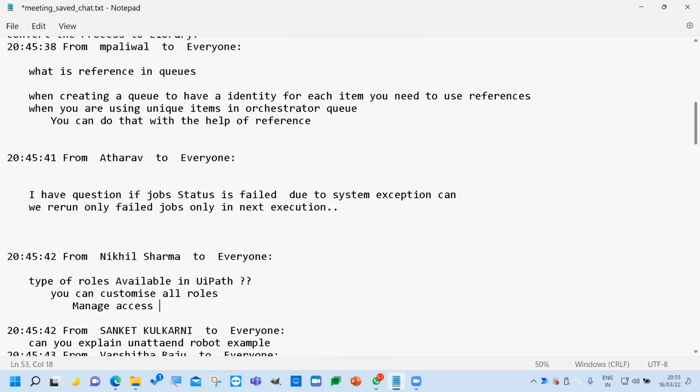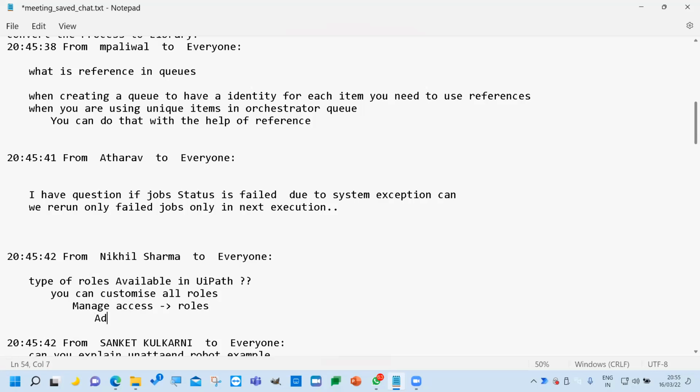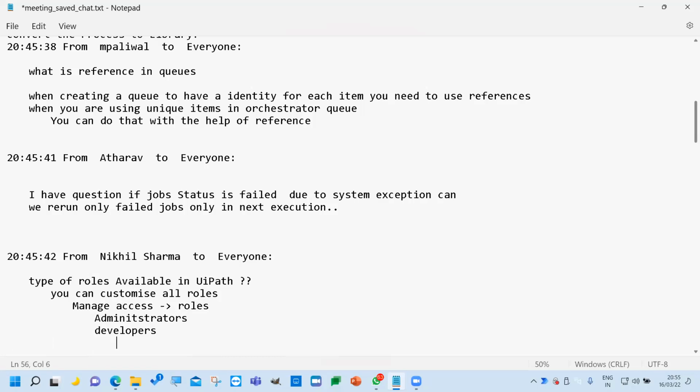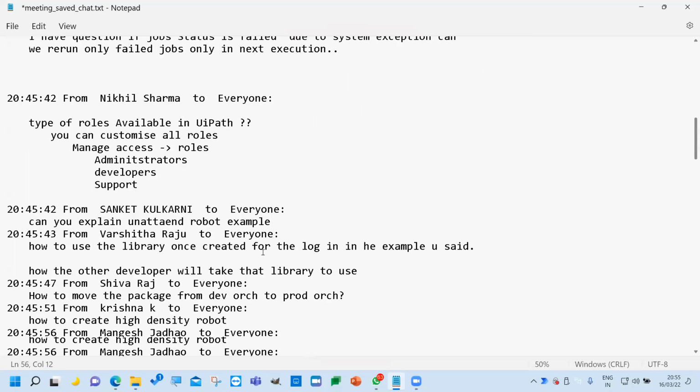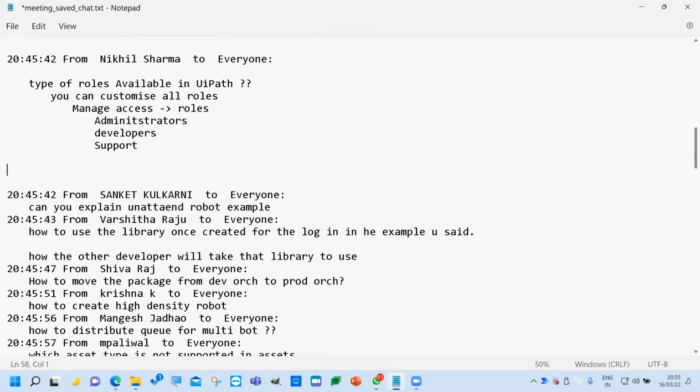So what roles are is, let's say Vajrang is a basic level developer in my team. I don't want to give him full permissions of Orchestrator. As an admin of Orchestrator, I can restrict him to view only a few pages. Let's say I don't want Vajrang to see the logs, and I don't want Nicholas to add an asset. Those levels of permissions I can restrict as an admin. You can customize or add your own role, or else you can use the default roles. These options you will see at the tenant level of Orchestrator.